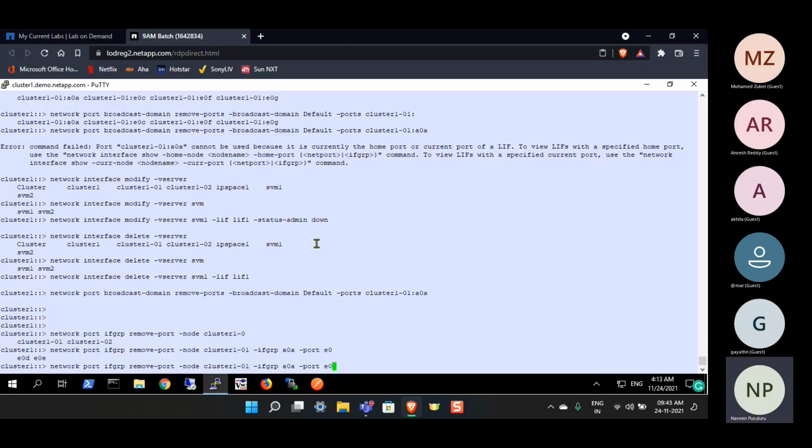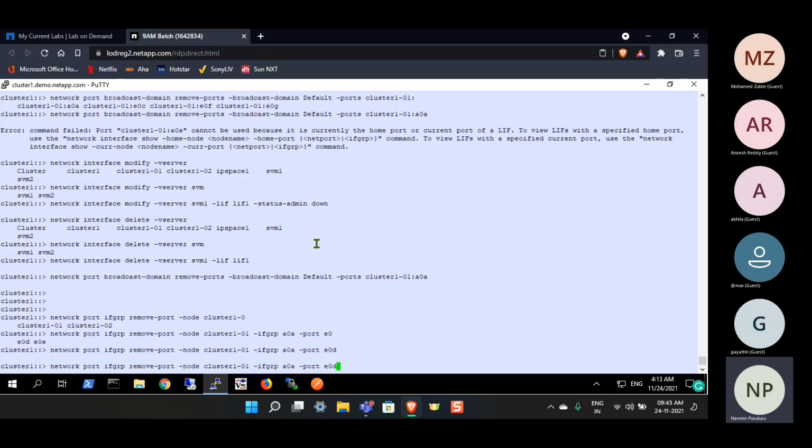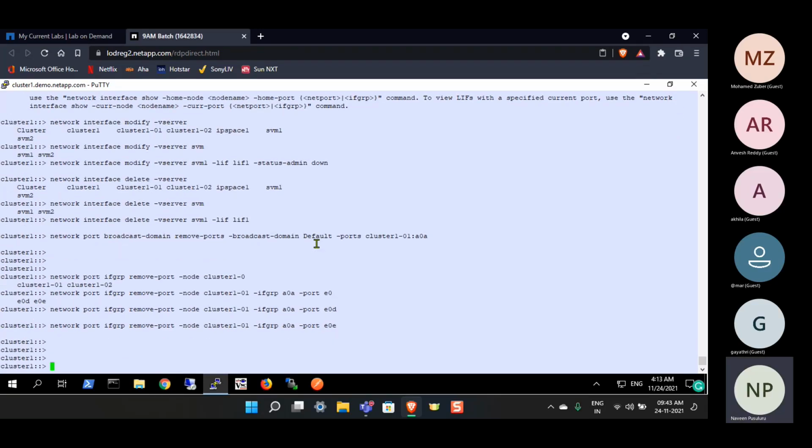What is the node name? What is the ifgroup name? Which port you want to remove? I want to remove e0d and e0e as well. After that, delete the